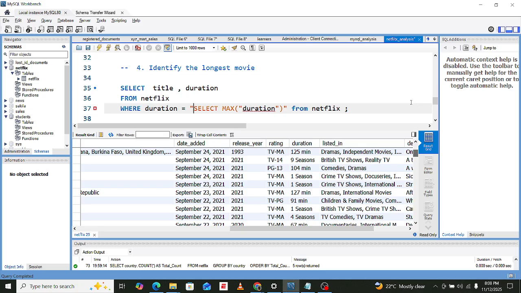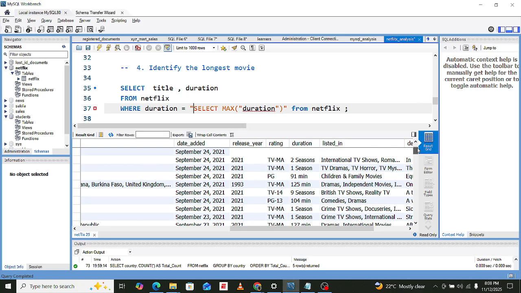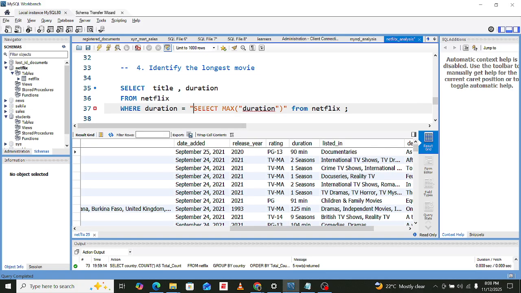Now, since we are looking for movies, I don't think a movie can have a season. So mostly, since we are dealing with movies, they are in minutes, like 90 minutes. So I think we should only be interested in the sections with minutes only. For seasons, I think that will be for TV shows.